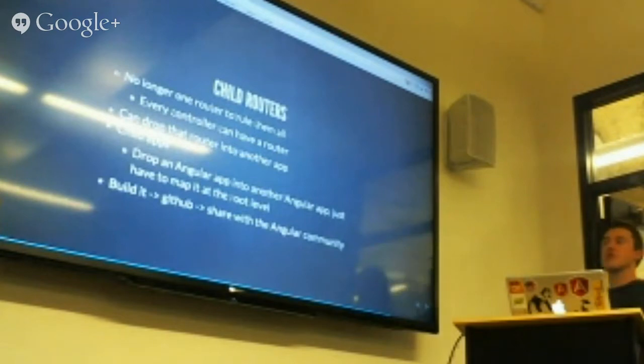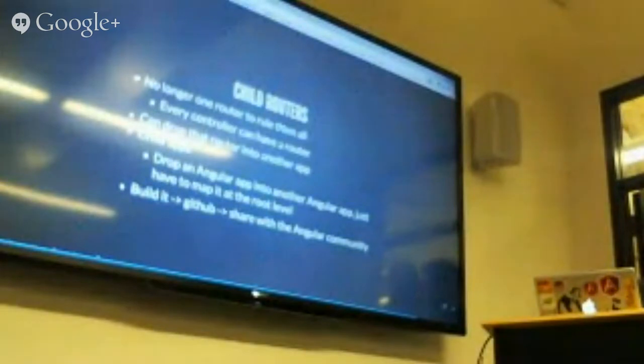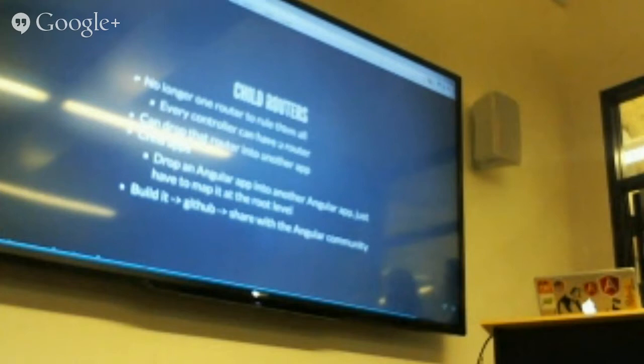One thing that I was really interested in reading about was child routers. One issue that we've had, I'm sure a lot of dev shops have had, is the global router kind of running the entire app. And what they're talking about now is having child routers where you can have as many routers as you have controllers even, and you can drop those into other apps and then just have them wired up at the root level, which kind of opens up the door, has my mind going wild for the possibilities of